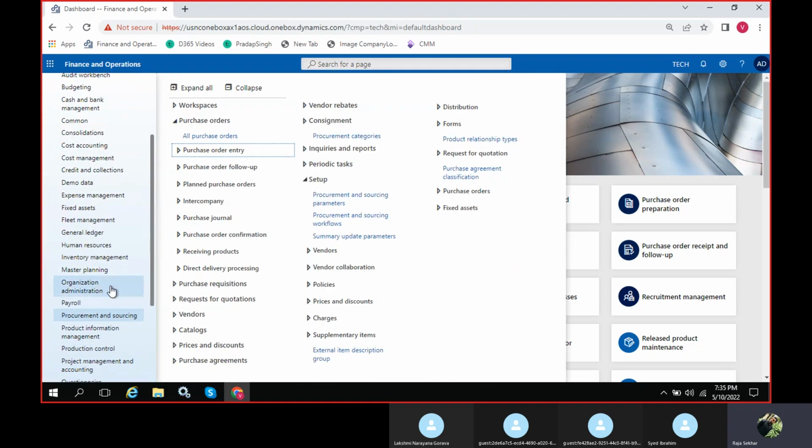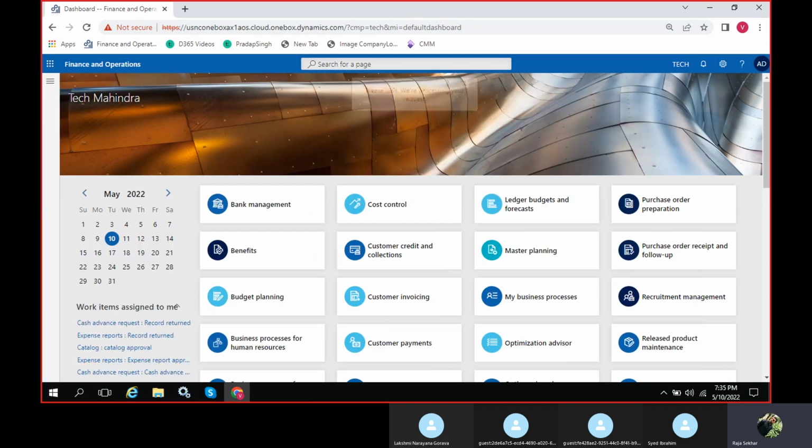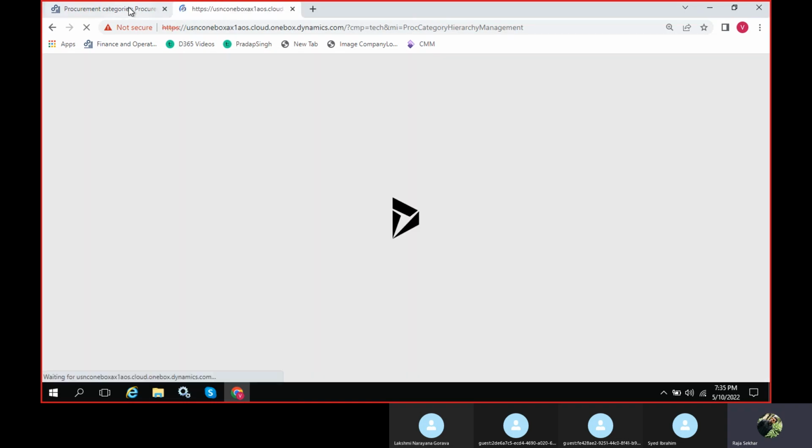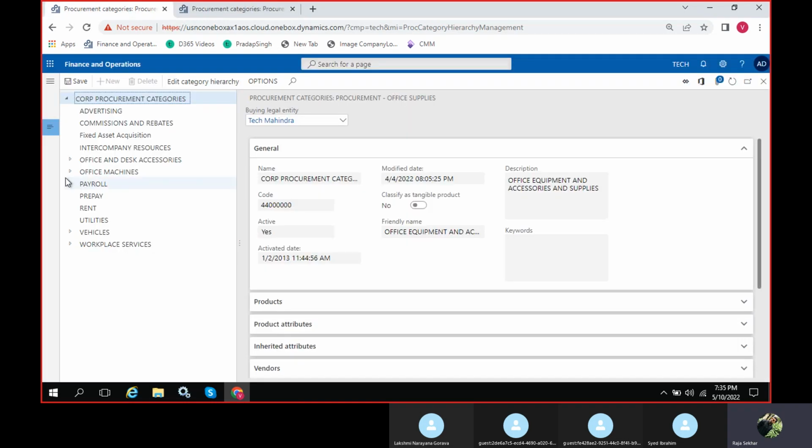Procurement and sourcing. Procurement categories. Okay, so here let's create our new procurement category.